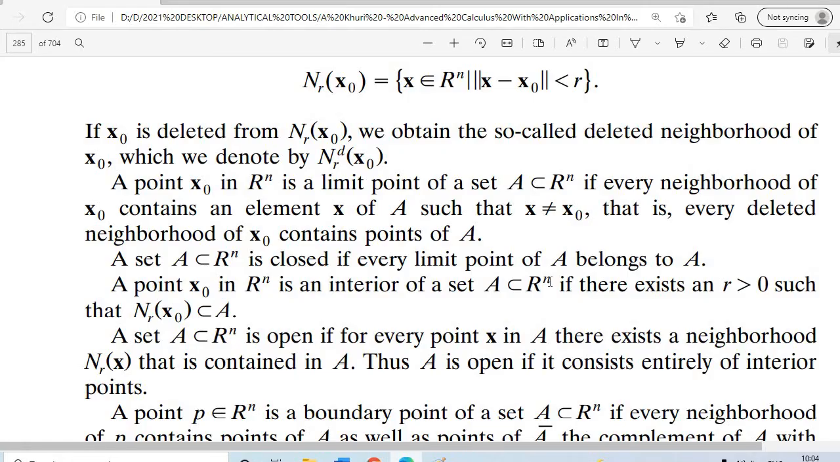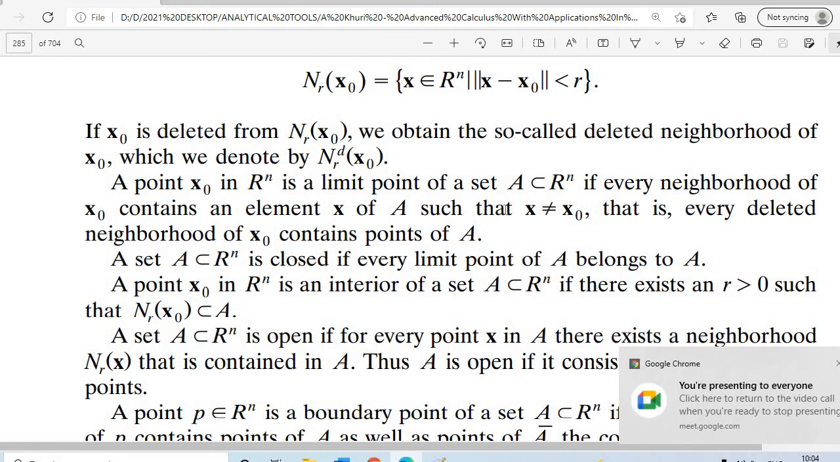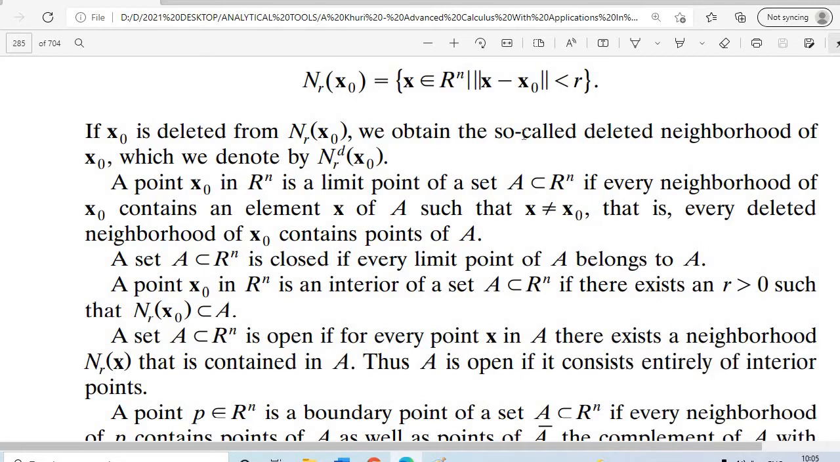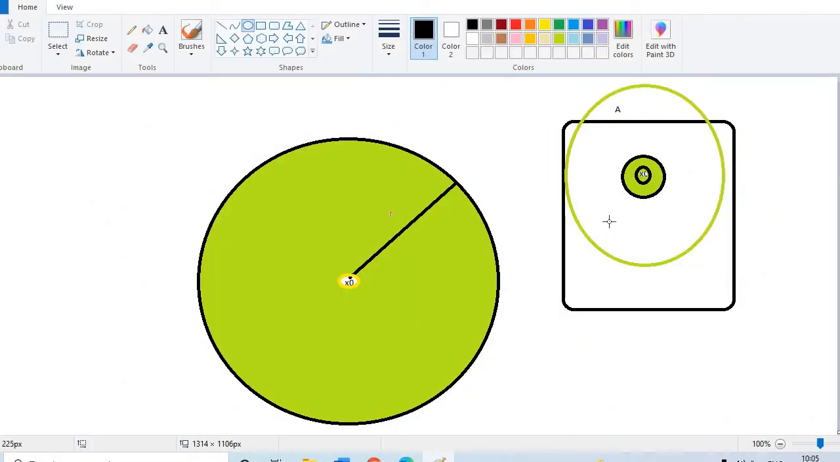So let us continue. So next, first one is neighborhood, then second one is deleted neighborhood, third one is limit point. Okay. The next, fourth one, is closed. A set A is said to be closed. When we say that the set A is closed, what is the idea behind closed? That means simply if we say this